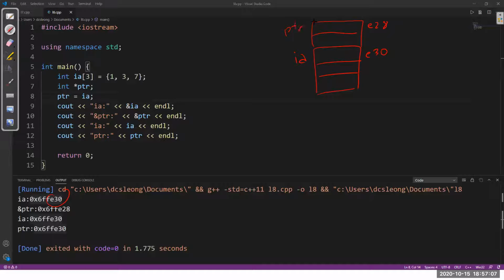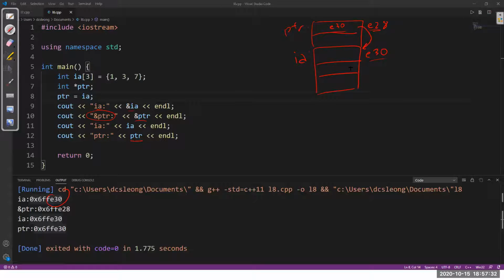So this is pointer. The content of pointer is E30. Address of pointer, very correctly, is E28. And inside the pointer is E30, which is this. So this is a pointer to this.